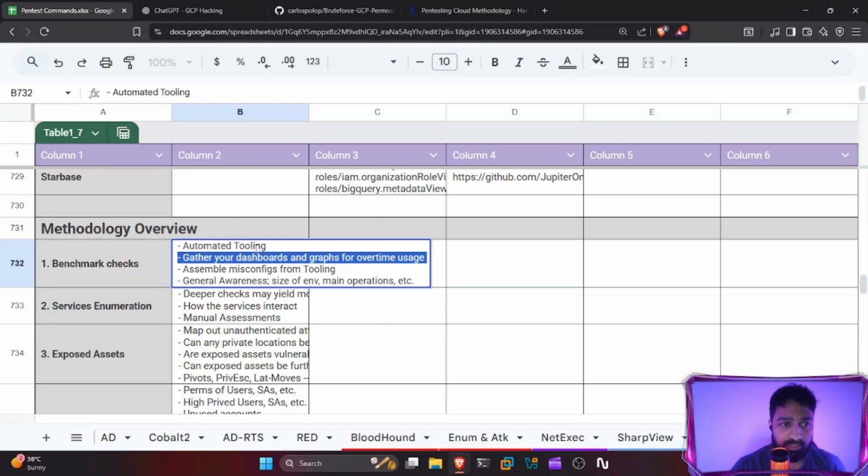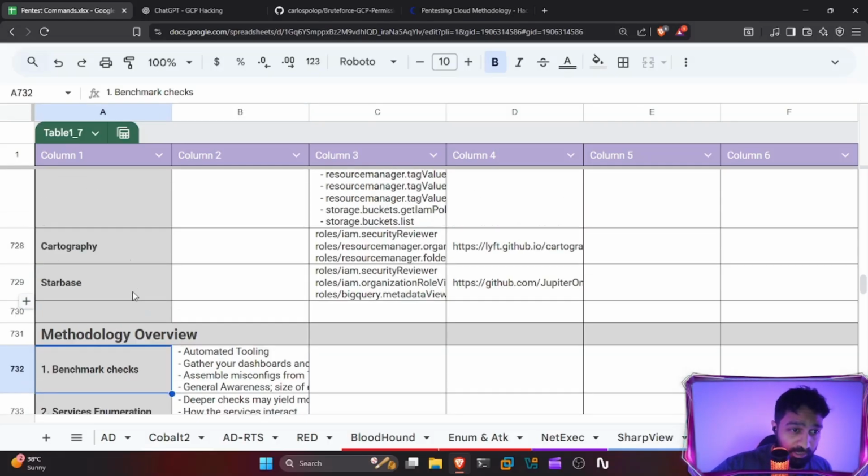From this, I mean that it's similar to having your Bloodhound up. Your Bloodhound is up throughout the entire engagement in an Azure pentest or an Active Directory engagement. That Bloodhound is going to be reusable throughout the entire engagement. You might even want to go back to it and use it to take a screenshot of a privilege escalation route that you're abusing, or to show the impact of a misconfiguration. So you have this graph up throughout the entire pentest or security review. Now, we don't have Bloodhound in GCP, but